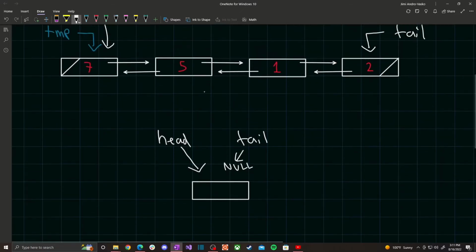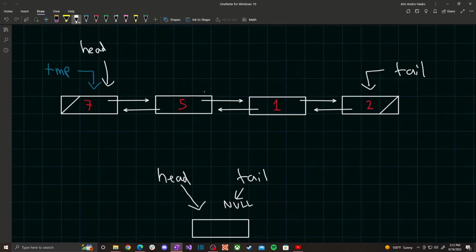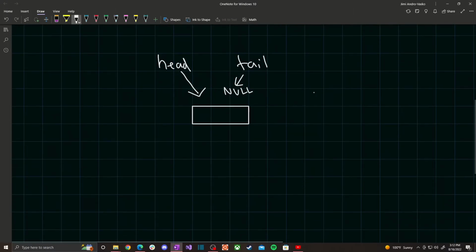Now in the example above, if head and tail are not equal to null, then you have at least one node in your linked list. So the scenario I went over right here covers the general case. We have one edge case we have to consider right there. So of course, we say head arrow data, we'll assign 5, and this is going to be a node. This node is going to be the front and back at the same time. So you want to make sure you set tail equals head, which will essentially set tail and head to equal this node. And of course, we'll just set this node's previous and next, so head arrow previous and head arrow next equal to null,